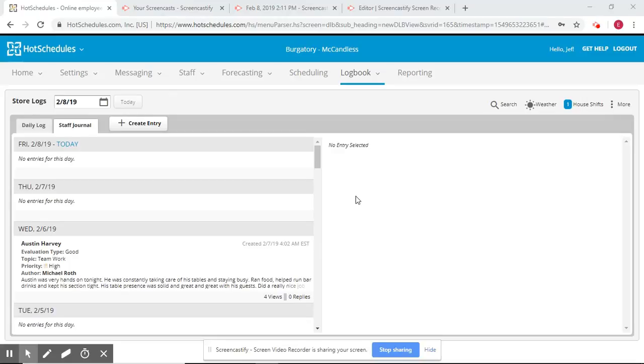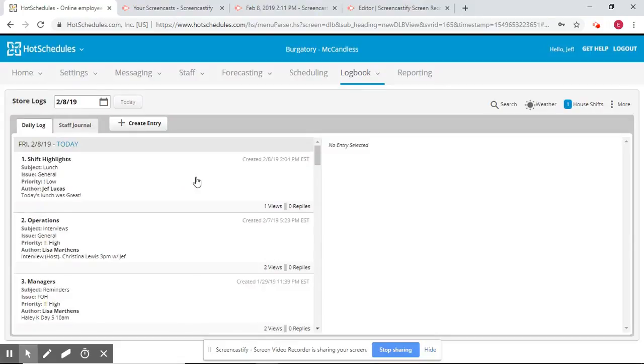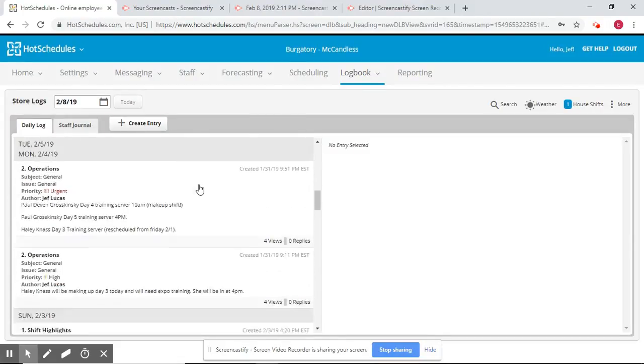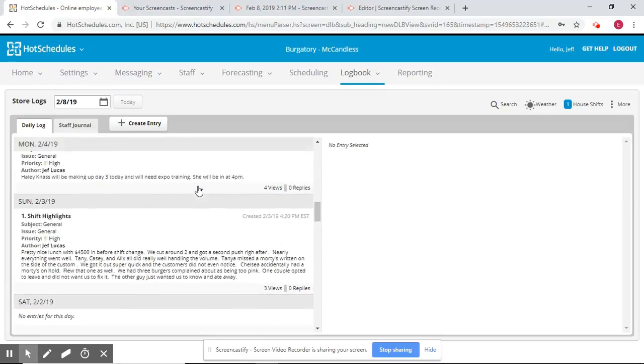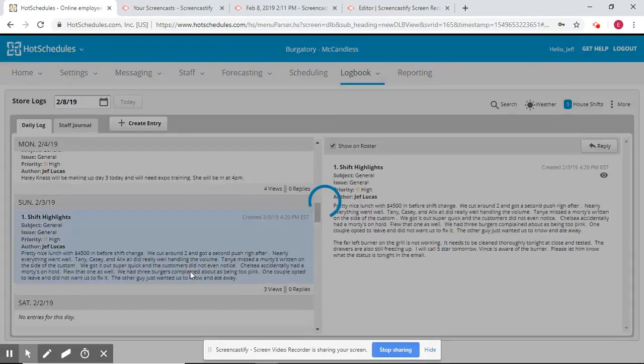Some good things that we do with Daily Log and with Staff Journal in general, as well as with the to-do feature in HotSchedules, help daily manager functions and save time throughout the day. You can go into the Daily Log if a manager has added information in there about their lunch shift and how things went. You can see here that I incorporated the sales, when we did cuts, things about the employees that were involved throughout the day. You can just select and highlight that information, right click,